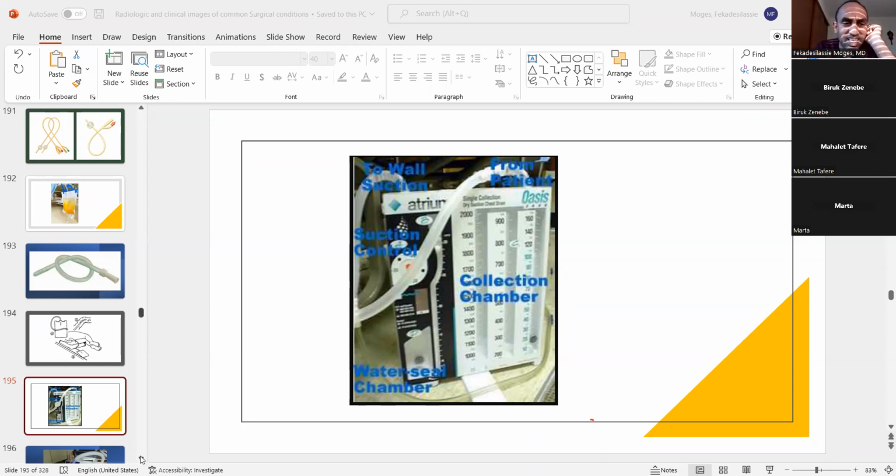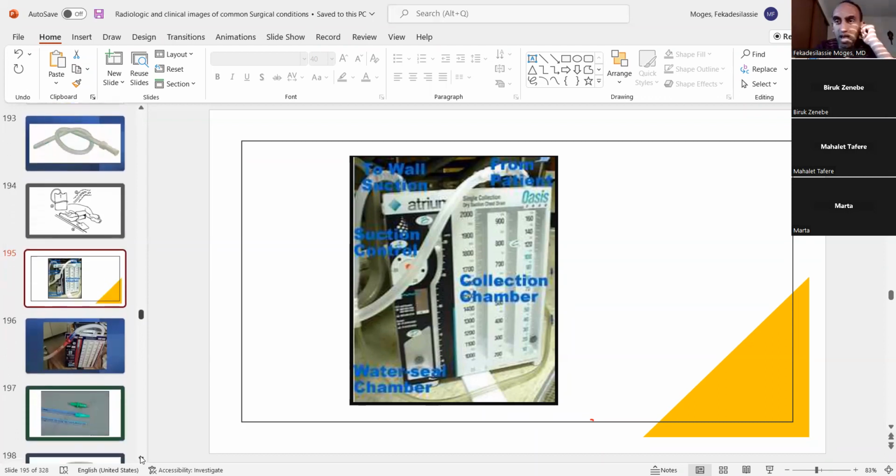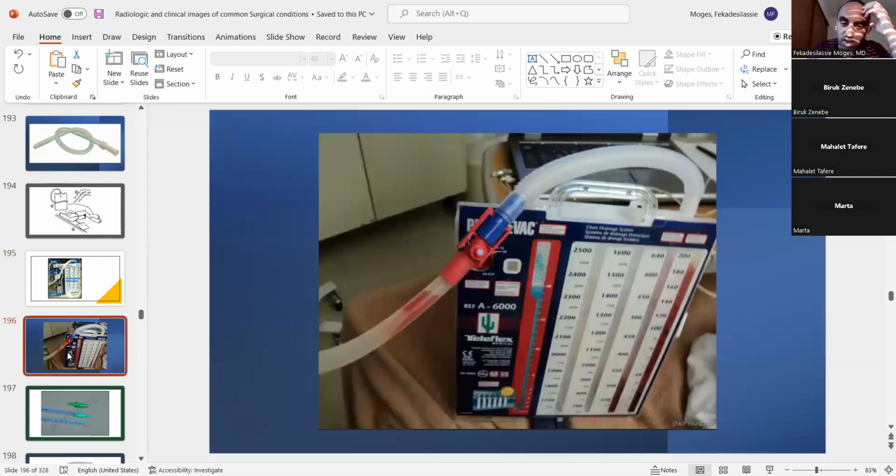When I was talking about the urine bag, I was not talking about an underwater seal mechanism, but for a chest tube, there should be an underwater seal mechanism. So what is meant by underwater seal? What does it mean? Why do we need an underwater seal mechanism in a chest tube